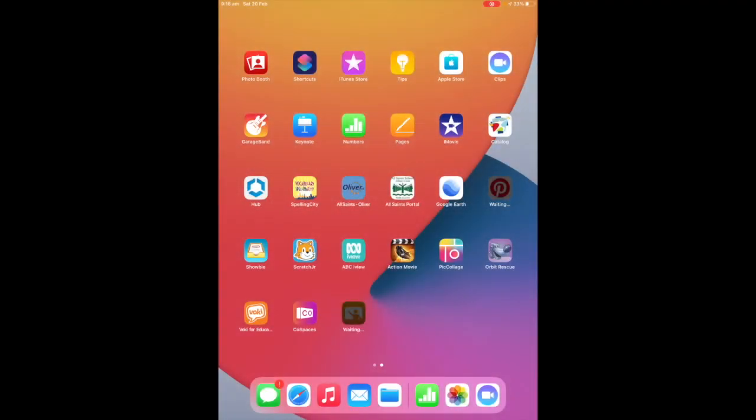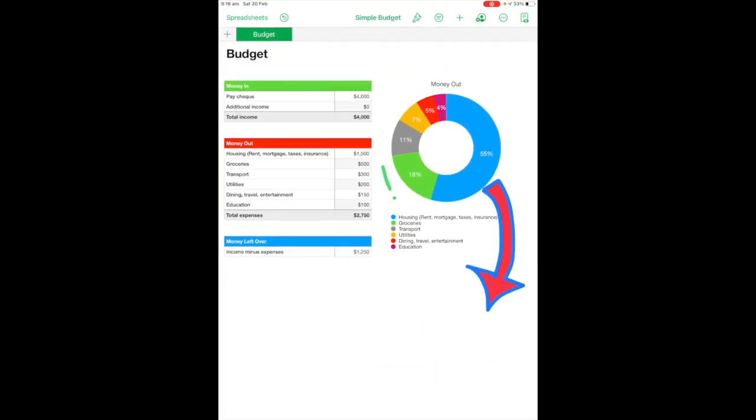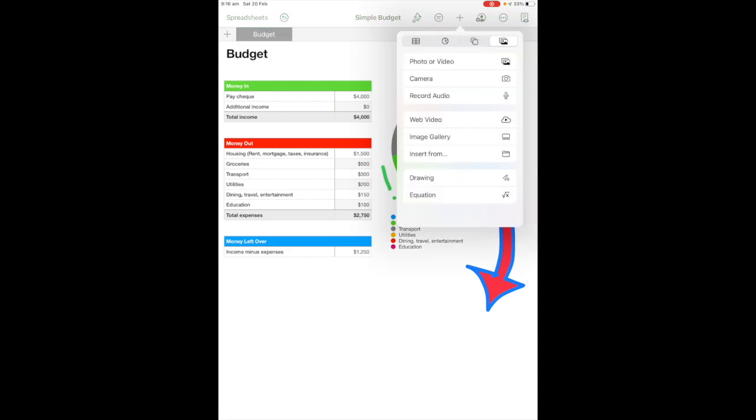In this Numbers Quick Click, I'm going to show you how to use some of the additional media tools. So popping into Numbers, I'm going to tap on this plus button here and you can see that I am